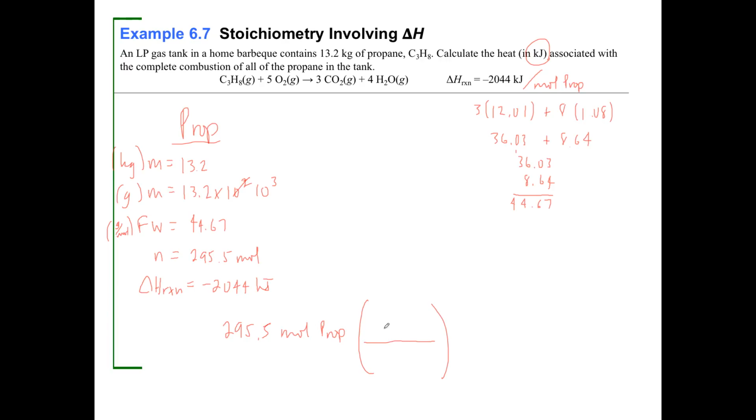And I know that I let off 2,044 kilojoules for every mole of reaction, but there's only 1-to-1 of this, right? So it's per mole of propane. Can you see I've got 1 mole of propane here? So it's going to be 1 right there. And this is going to be then divided by 2044 is going to give me